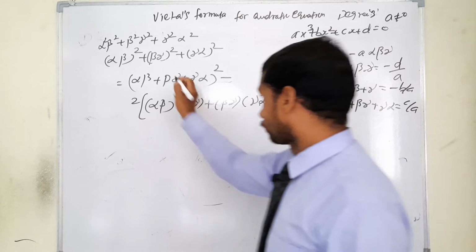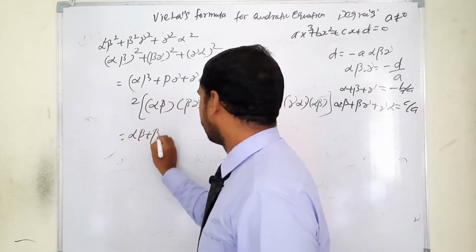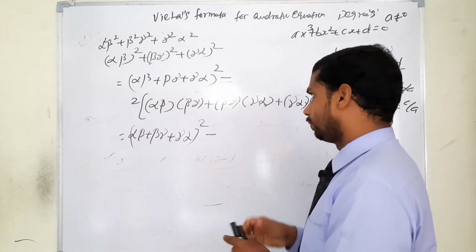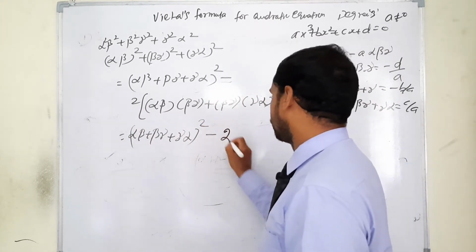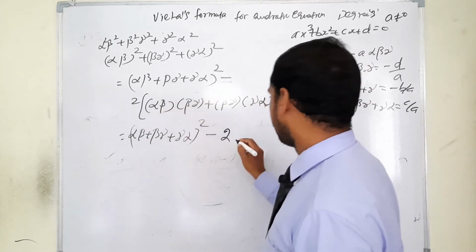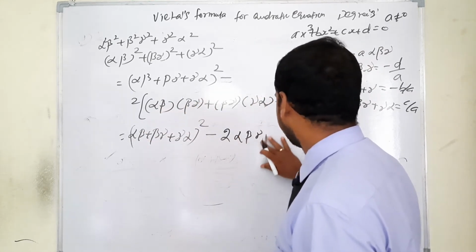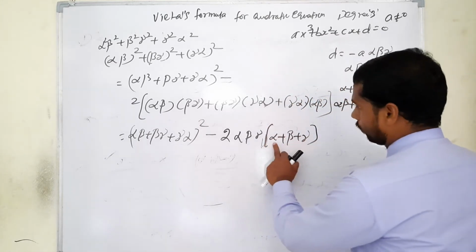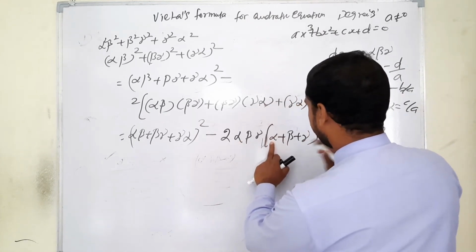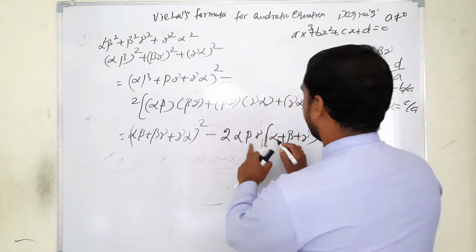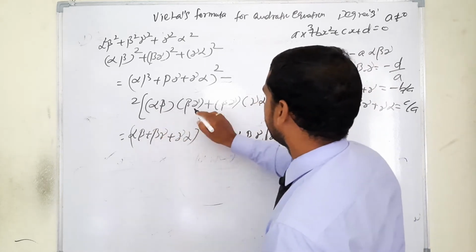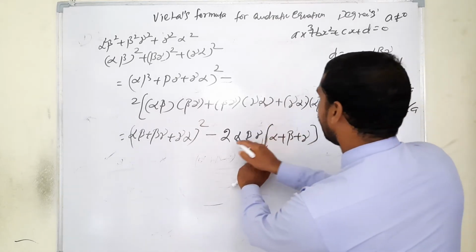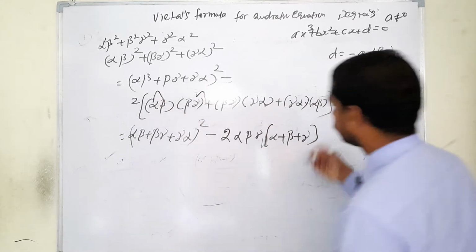Now the first term as it is: alpha beta, beta gamma, gamma alpha the whole square, minus the second one, minus 2 taken as it is. Each and every term we can take alpha beta gamma outside, and inside alpha plus beta plus gamma will come. How? First one, alpha into alpha, then the remaining term is beta gamma. Look, alpha is repeated 2 times in the first term. Similarly this is beta, repeated 2 times, so the remaining is alpha gamma.